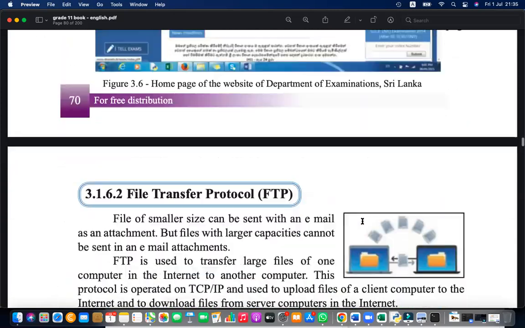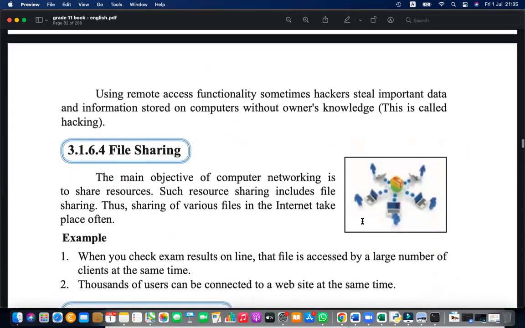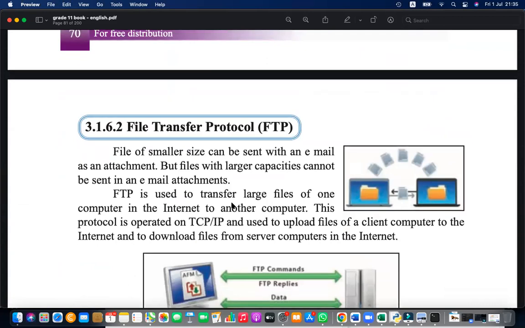And a web search engine is used because there are multiple pages. Therefore, we need to use a search engine to search the pages. Examples of search engines: google.com, ask.com, duckduckgo.com, yahoo.com is a portal that can be treated, bing.com. These are search engines. Here, this is the address bar. This is where you type the request. Hyperlinks point to some other pages, resources.